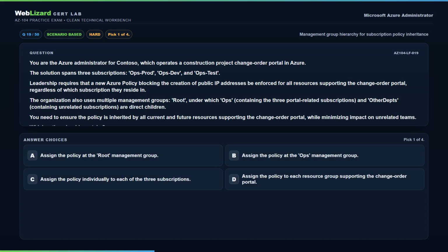Question 19. Pick one of four. You are the Azure Administrator for Contoso, which operates a construction project change order portal in Azure. The solution spans 3 subscriptions: Ops Prod, Ops Dev, and Ops Test. Leadership requires that a new Azure policy blocking the creation of public IP addresses be enforced for all resources supporting the change order portal, regardless of which subscription they reside in. The organization also uses multiple management groups: Root, under which Ops, containing the 3 portal-related subscriptions, and Other Deps, containing